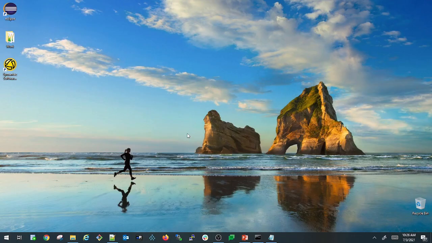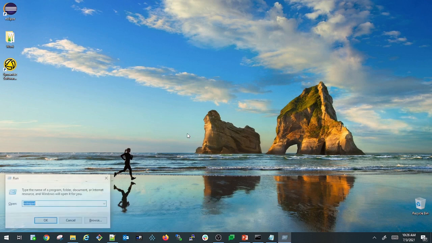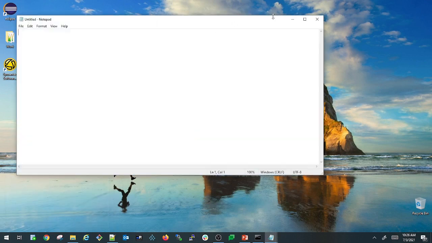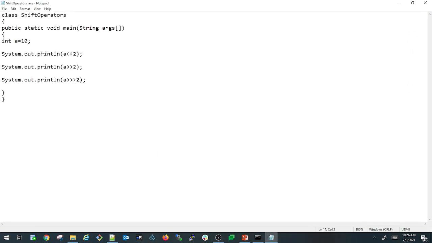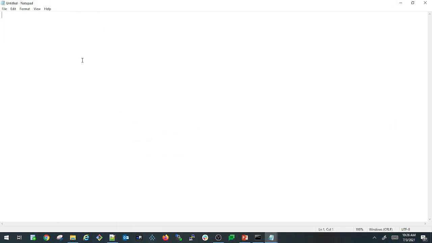Let me quickly take a new notepad and explain how the shift operators work here. So I'm opening a new notepad. We declared the variable a as 10 here, right? So the variable a is 10. It can be represented in binary format as 1010, which is equivalent to the decimal value 10.